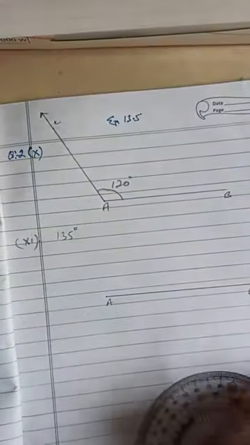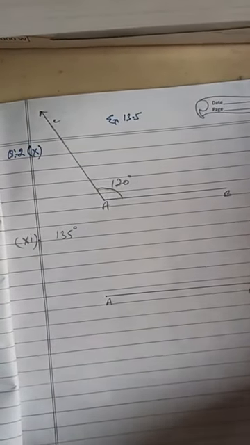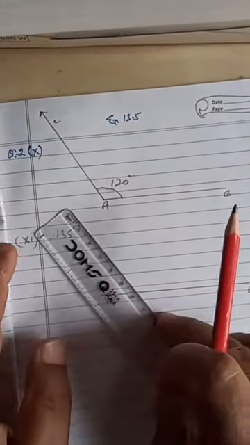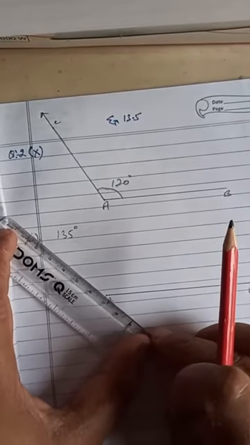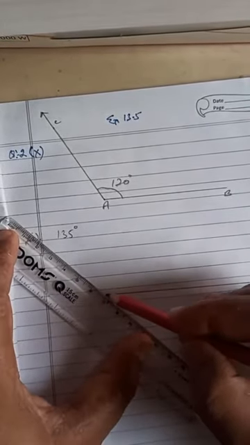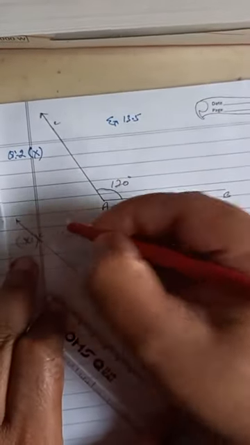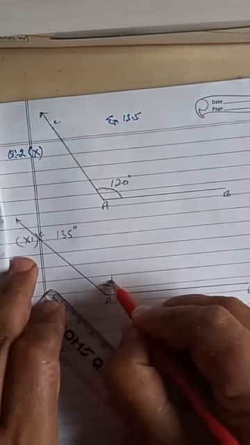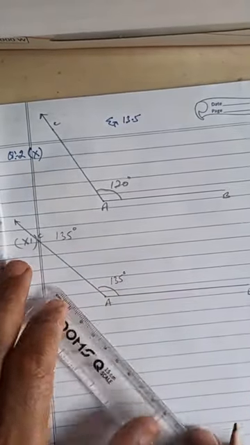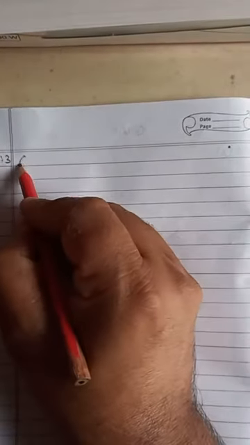Put here dot. Now you join it with the help of scale. Let this point be C. So this will give you angle of 135 degree. Now is question number 3. In question number 3, all the angles which we have made with D, we will make with compass now. First angle is of 60 degree.